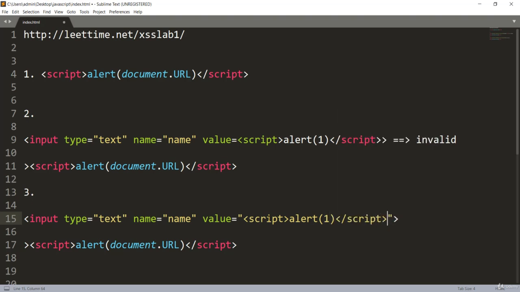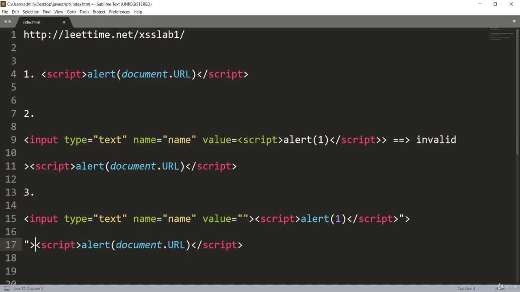If you just do that, it will be injected in the value field. So in order to make a script outside of this input tag, you have to first close this value with this double quote, or basically a single double quote here, and after that you have to close your input tag like this.